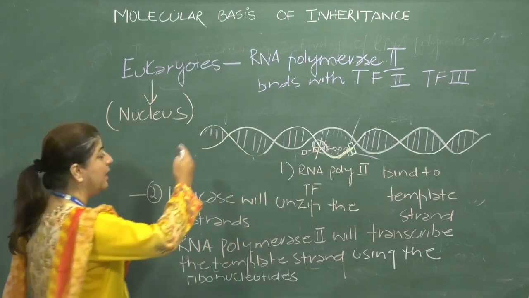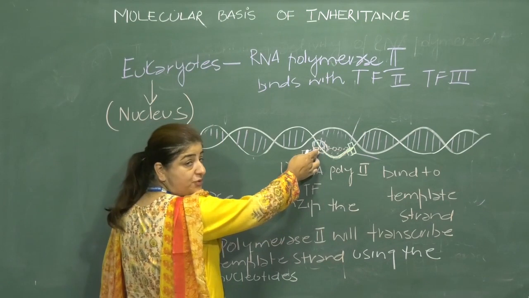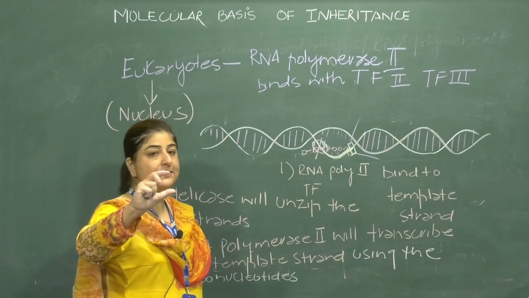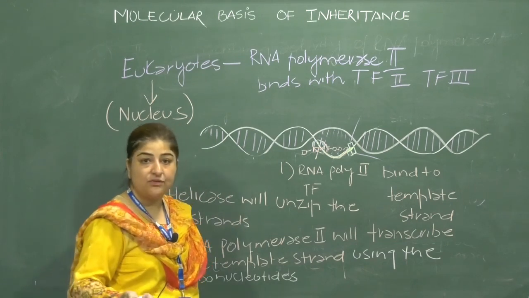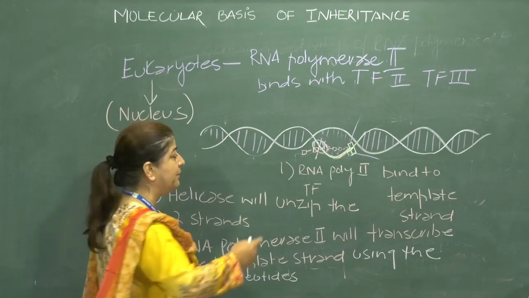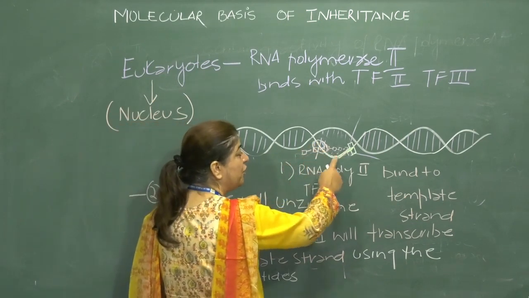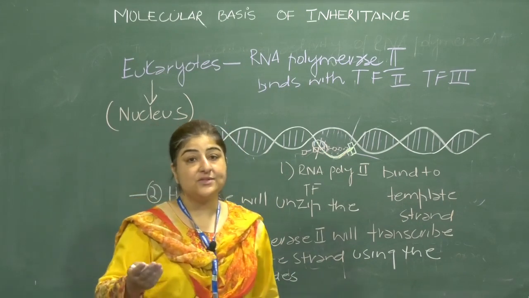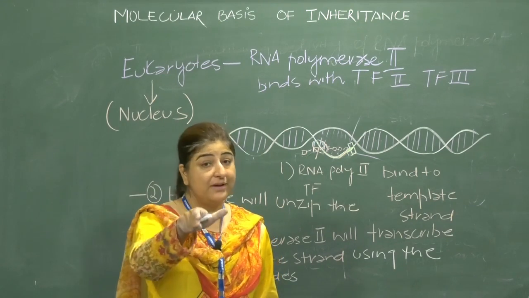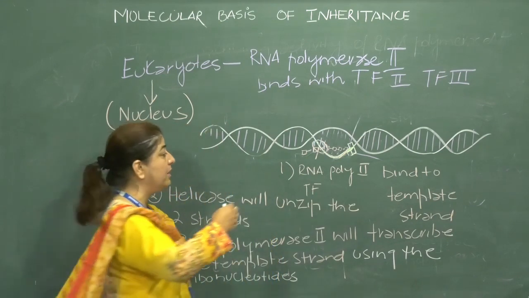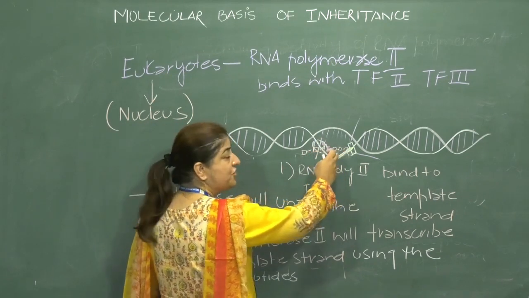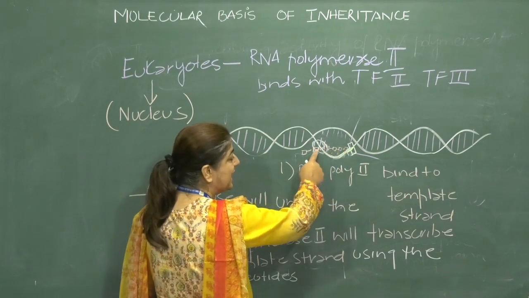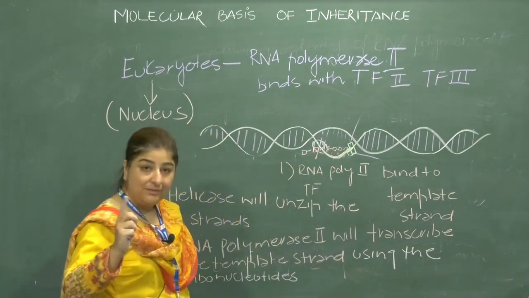Once again, RNA polymerase will come along with the transcriptional factors. It will join to the promoter sequence, and there you can see a small space is formed, that is known as the transcription bubble. When the transcription bubble is formed, what will happen? Then this RNA polymerase will move to the structural gene, and in case of eukaryotes, you can see the structural gene is monocistronic. That means only one cistron is present here. So this RNA polymerase has the polymerization activity. It will move towards the structural gene and synthesize the mRNA transcript.